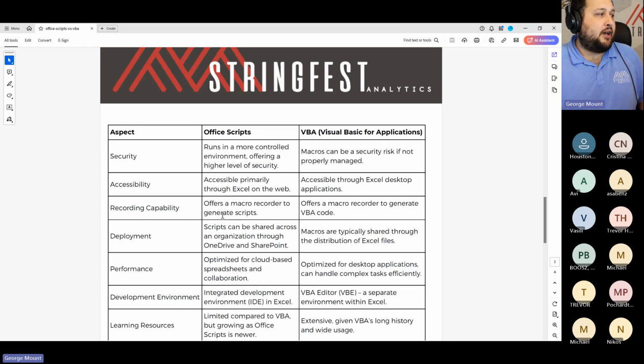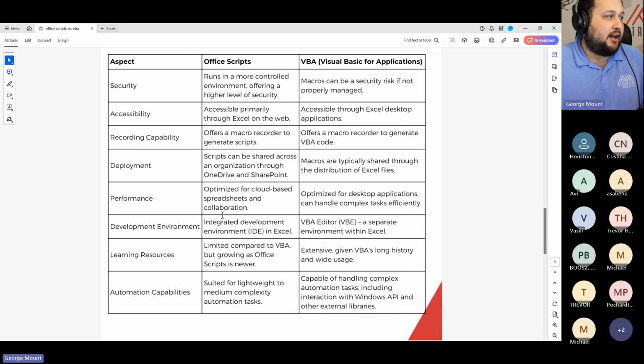Okay, there are some other benefits. There are still reasons to use VBA, and there always will be reasons to use VBA. But the way I think about this, there are always reasons to use Fortran and COBOL and languages like that. Yes, there are reasons for those. But for most people, for the average citizen developer, there aren't as many reasons to use those as there have been in the past. So that's how I think about it.